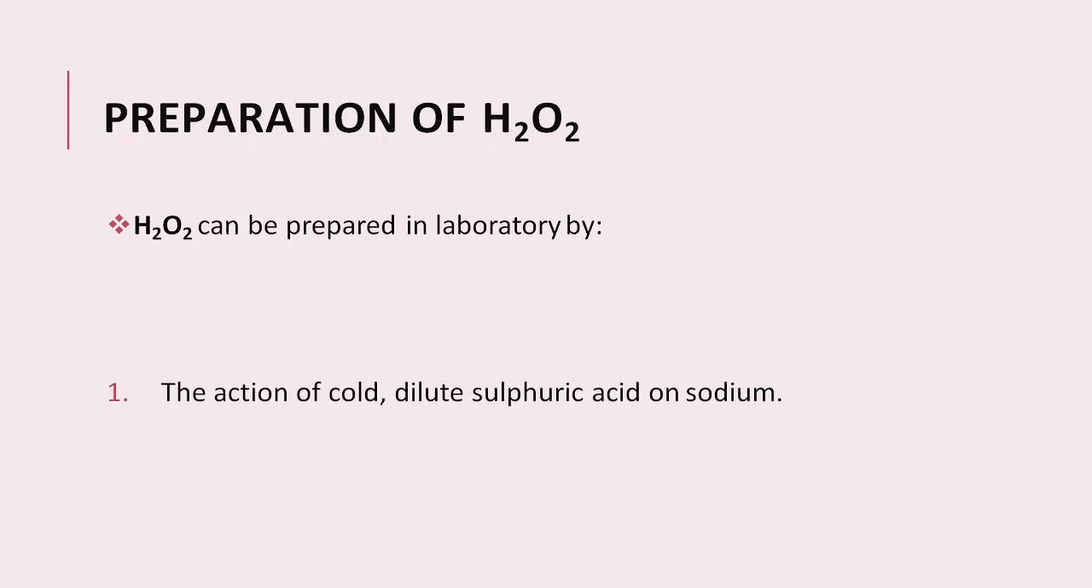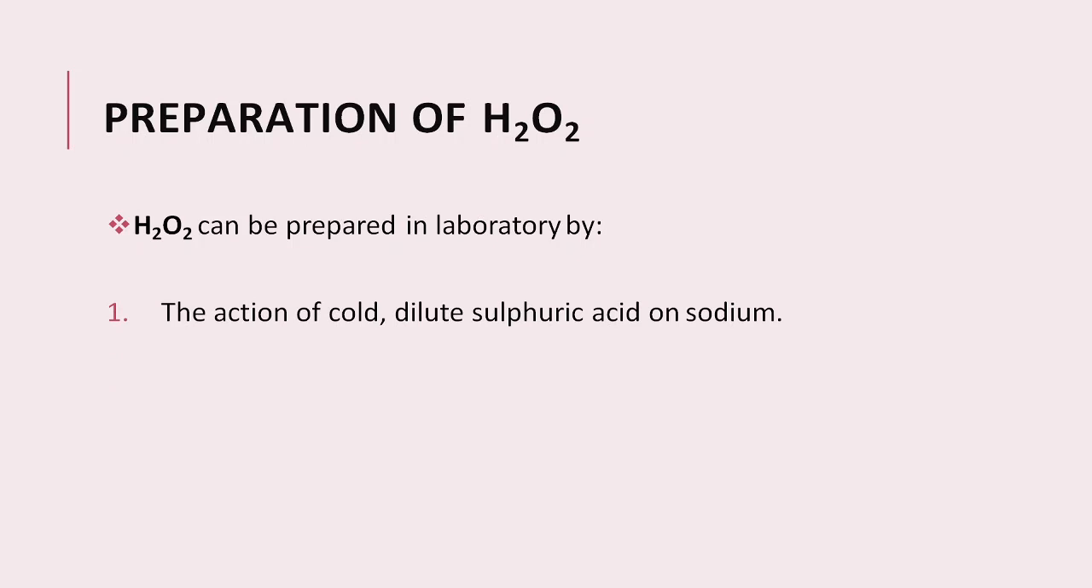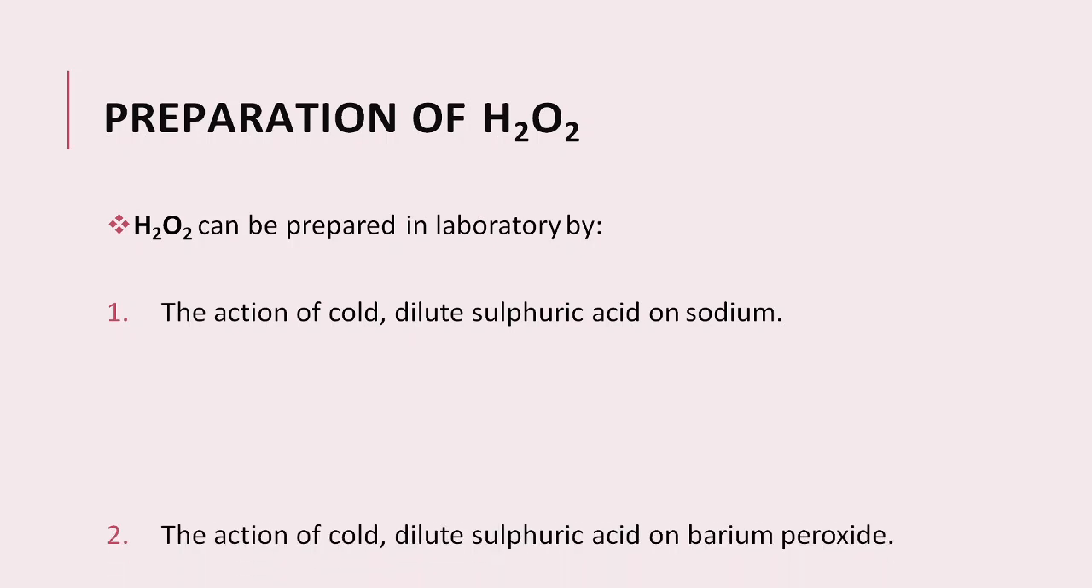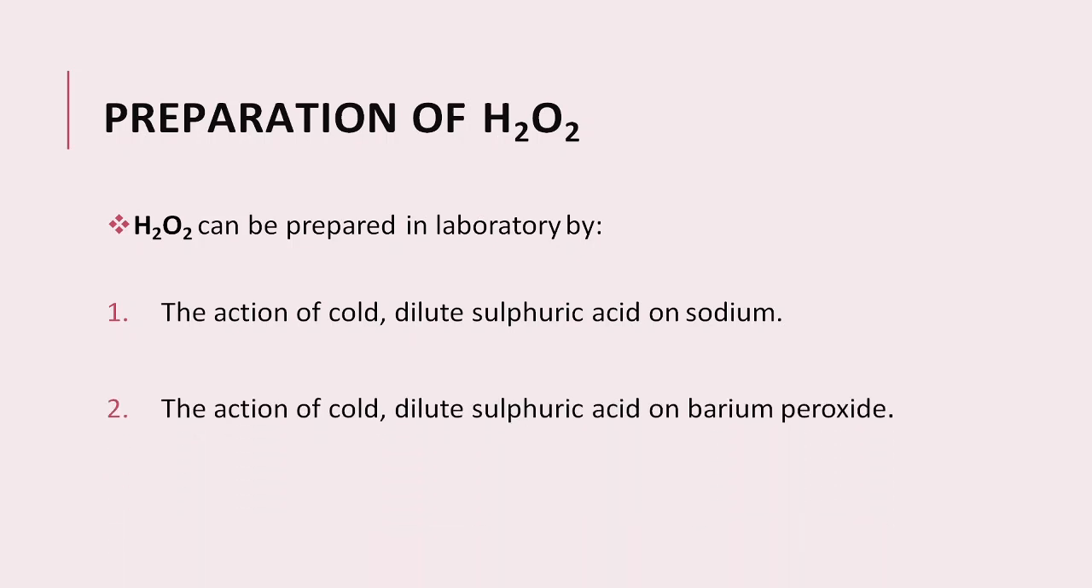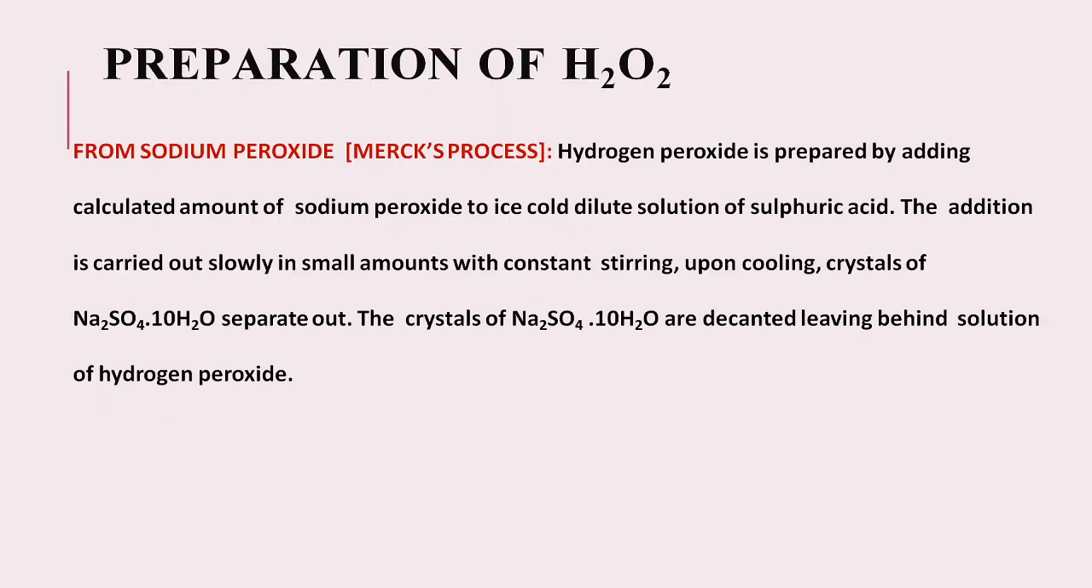So basically two methods are there. The first method is the action of dilute sulfuric acid, meaning when sulfuric acid mixed with water is treated with sodium peroxide, the product yield is hydrogen peroxide. And the next one is the action of the same dilute sulfuric acid, which is cold, on barium peroxide. When it is prepared with sodium peroxide, the process is known